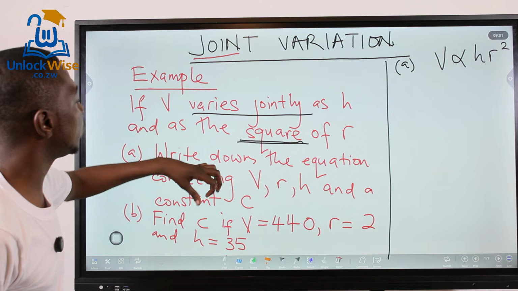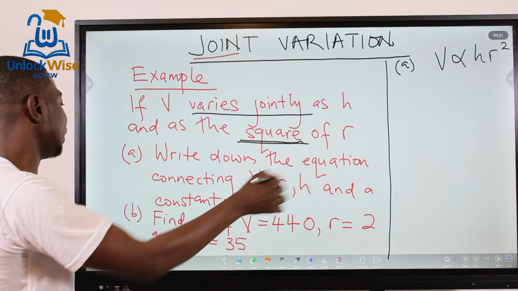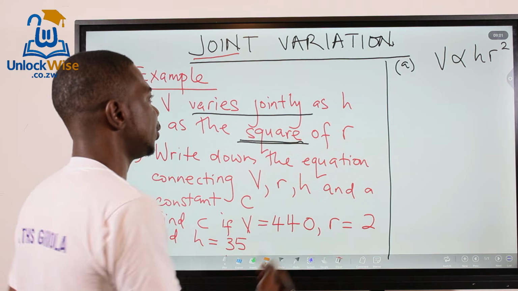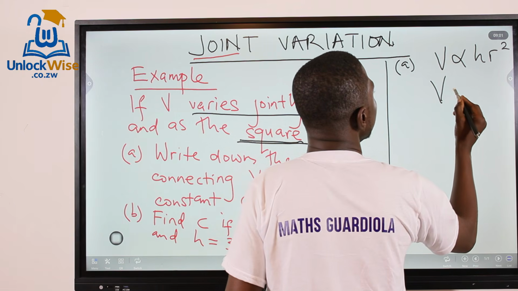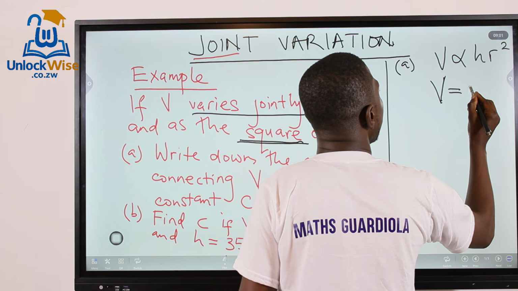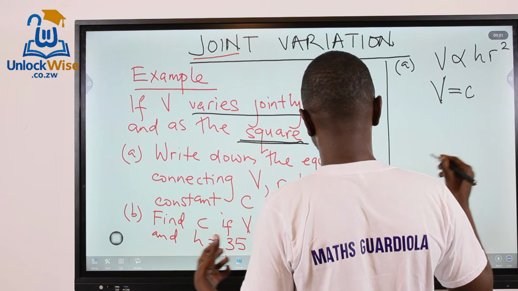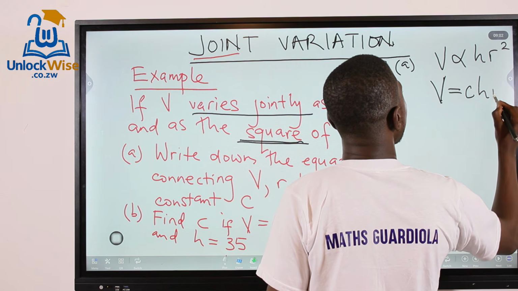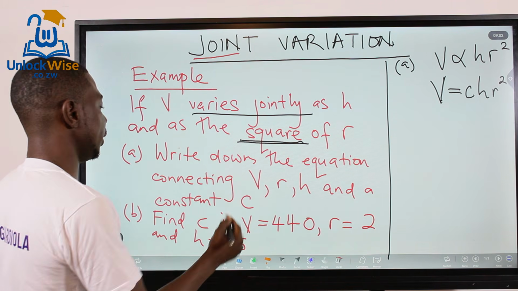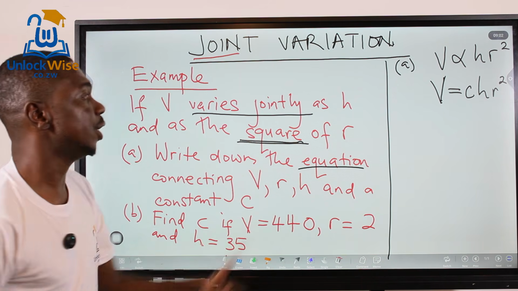And we are asked to write down the equation connecting V, H, R, and a constant C. So we are even given the letter to use as constant. So we are going to say V, replace variation sign with equal sign, and put our constant of proportionality, which is C, and then H R squared, right? So this is going to be our equation connecting V, R, H, and a constant C,